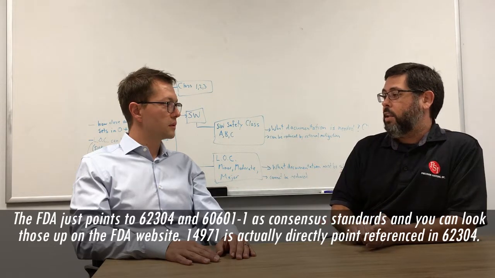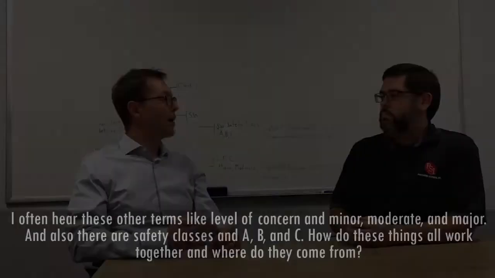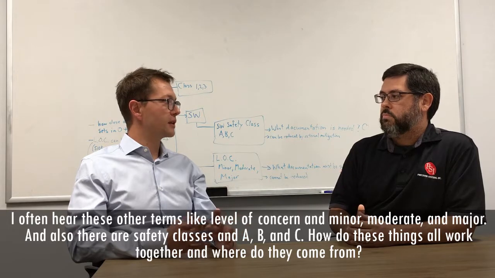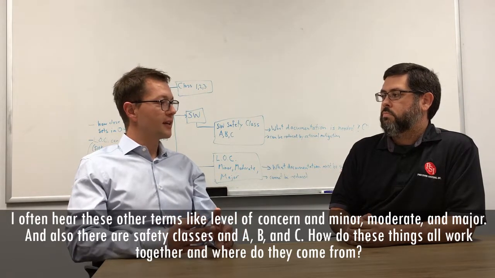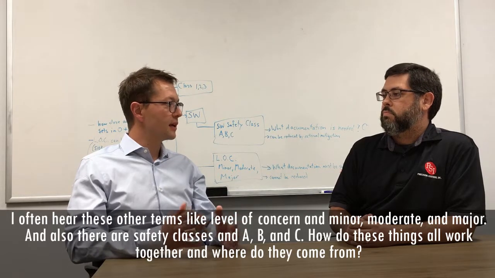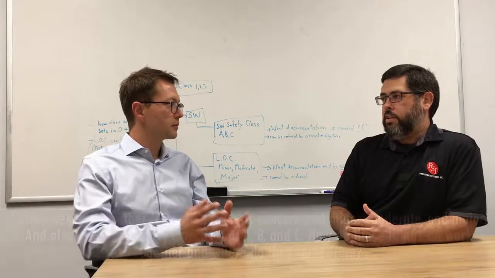14971 is actually directly referenced in 62304. Okay. I often hear these other terms like level of concern and minor, moderate, and major. And then also there are safety classes in A, B, and C. How do these things all work together? Where do they come from? Right. So